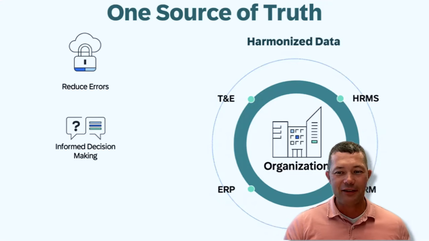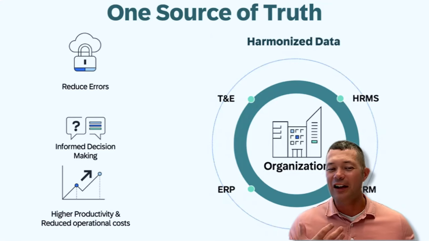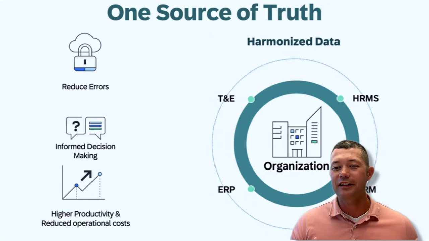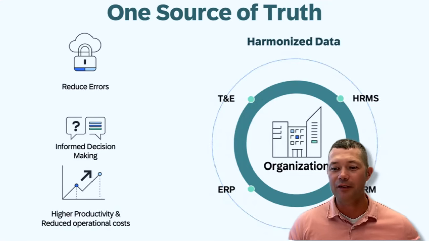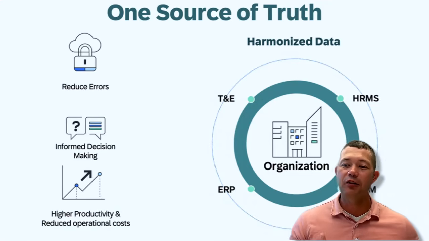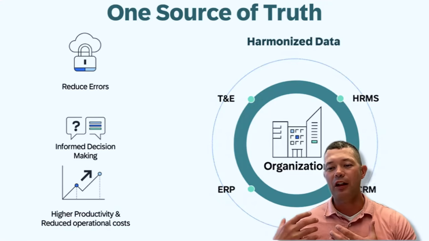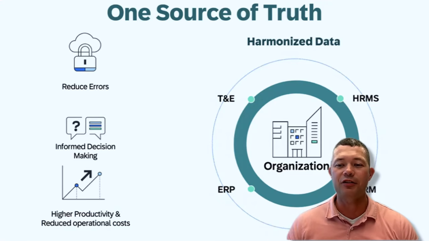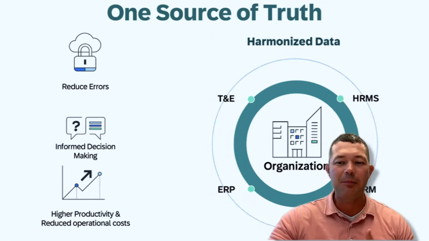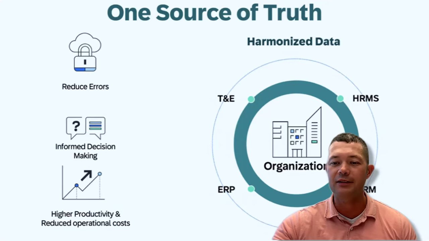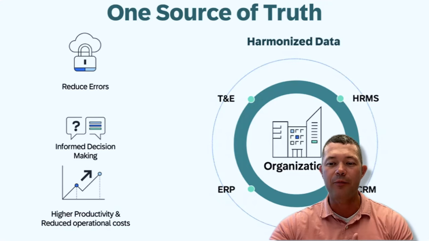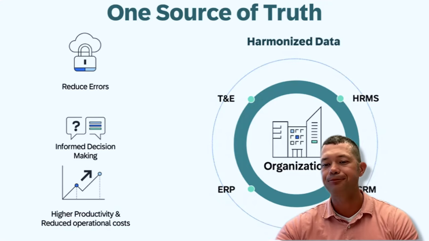And all that to say, one of the easiest things to say when it comes to integration is just higher productivity and reduced operational costs. In my mind, integration is that first step to automation. How do you automate things? Well, you have to have them talk to each other and tell one system that another system is doing something else. So by having that integrated landscape, you can create a lot more automation, you'll have a lot more productivity, and you will reduce that operational cost. So just three main benefits. There is a litany of other ones as well, and your organization might be different in that, but there are a ton of benefits by making sure your systems talk to each other.